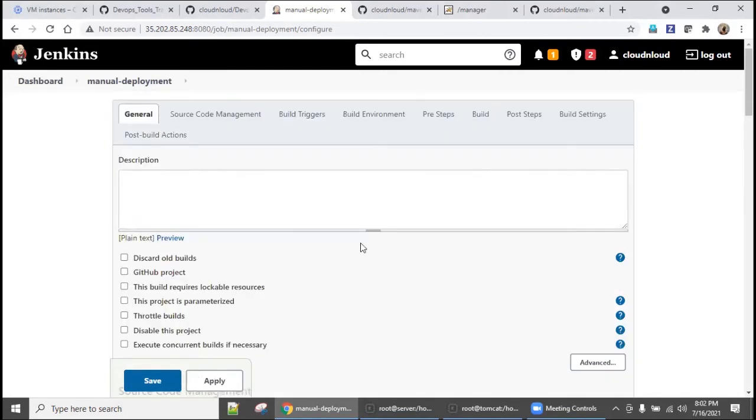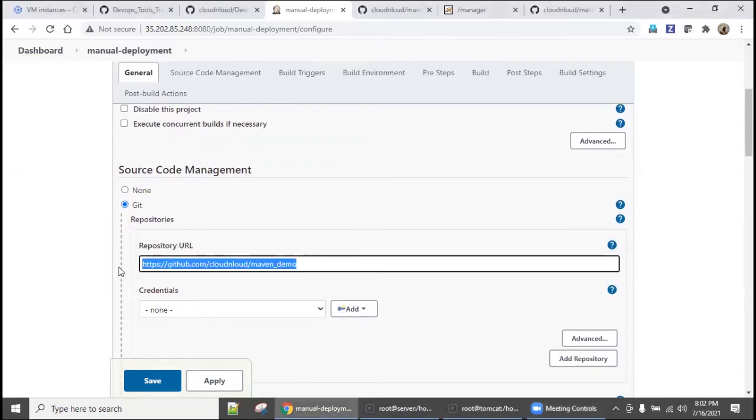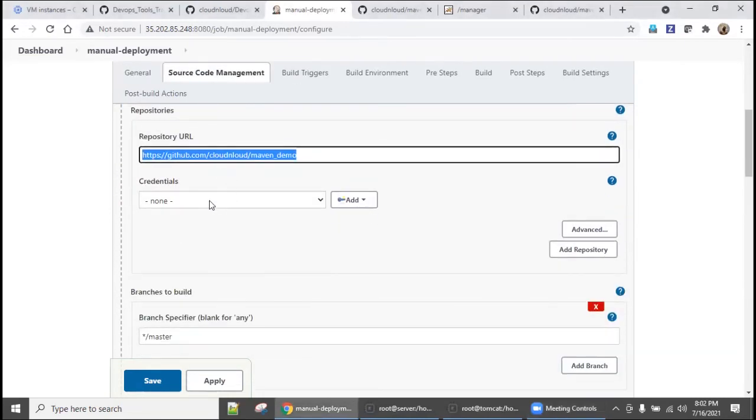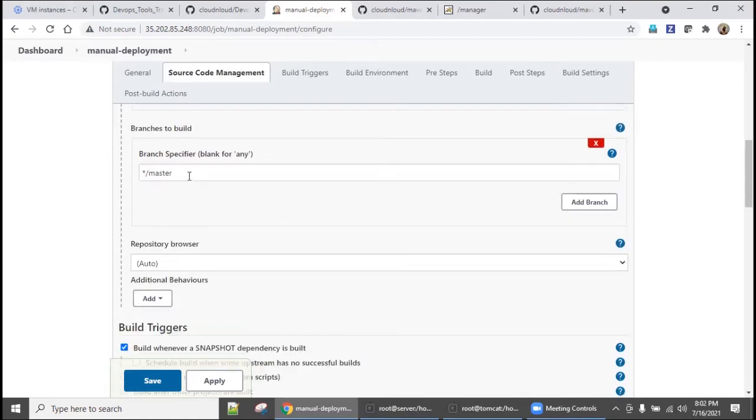So this is the pipeline. Pipeline name is manual-deployment. And this pipeline will make sure what will happen. Come down, GitHub, take this code, come down. If it is private, then you need to add it in a similar way. See here, if I select this, then this username password will not work because this is different, right? So that is why I asked you to give a proper naming convention. Okay, so take this code, come down, master repository.